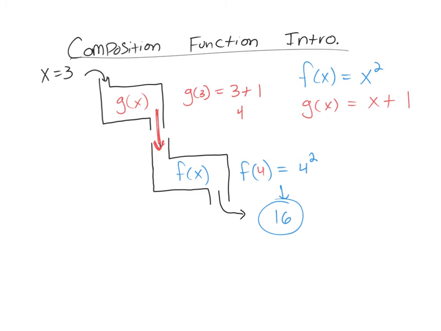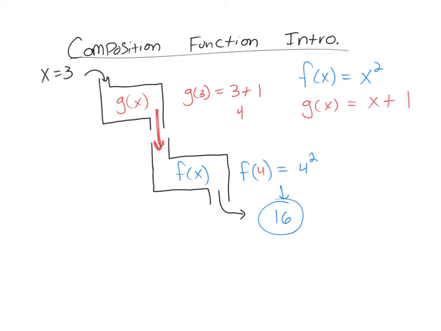So in essence, our x equals 3 has first gone through the g, and once it's passed through the g, it's now gone into the f and done its f business, and now it comes out total. So we call this a composition function because it's going into one function, and then it goes into another function. And the way that this is listed is, if we were to write this notationally, we would say,